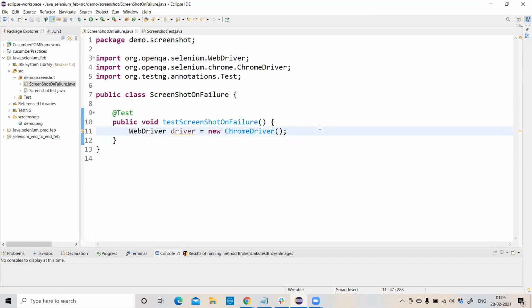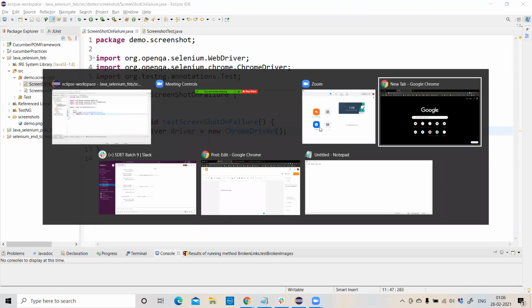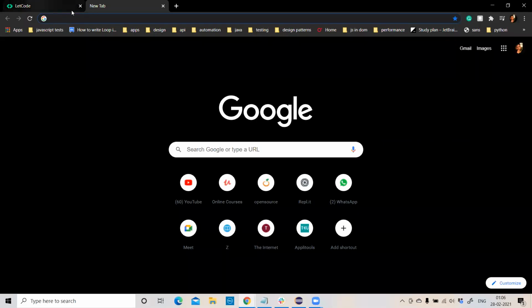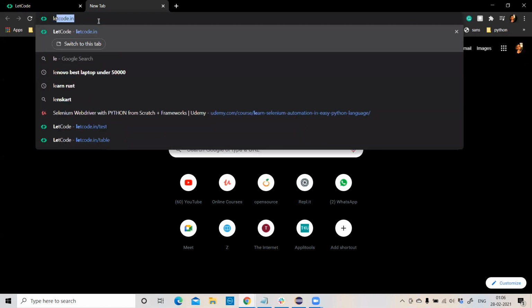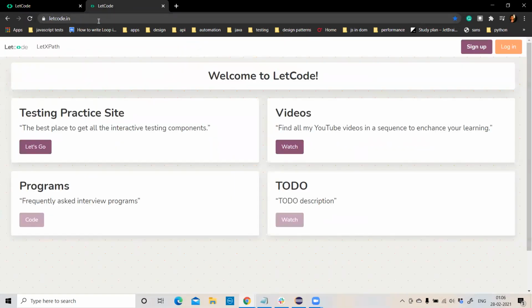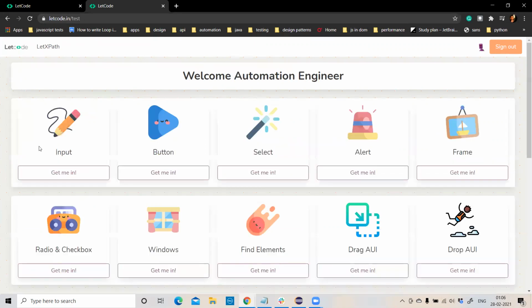Now let us go to a web page. So let's go to a web page called LetCode. This is a good website, guys, to practice Selenium. Just go to this testing practice site.